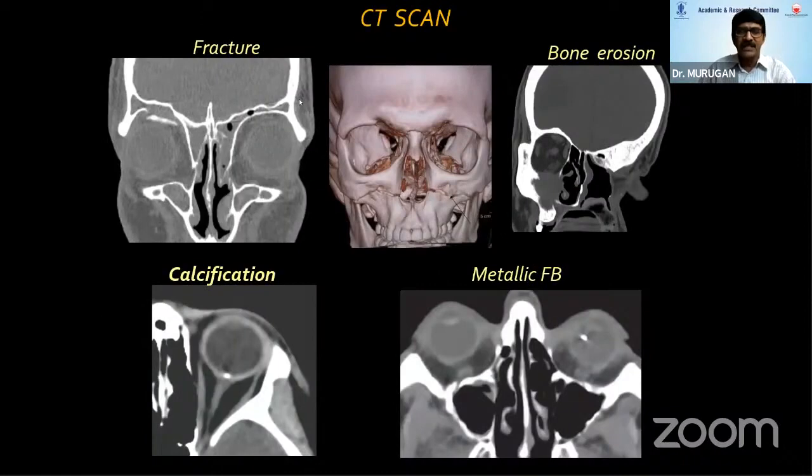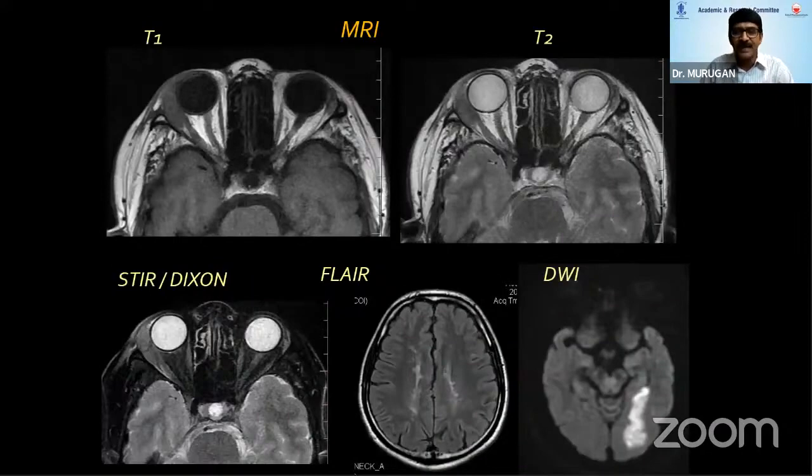As we are aware, just to differentiate, I will be concentrating mainly on MRI, but just to highlight, CT is extremely good for looking at the bony anatomy. It gives excellent information about the bony detail, especially fractures, which is sometimes very useful to assess optic nerve injury, and calcifications and foreign bodies. Anything which is hyperdense is picked up by CT much better. But when it comes to soft tissue detail, MRI is head and shoulders above CT scan.